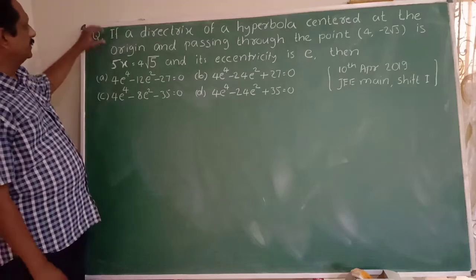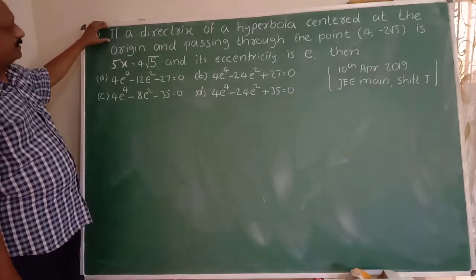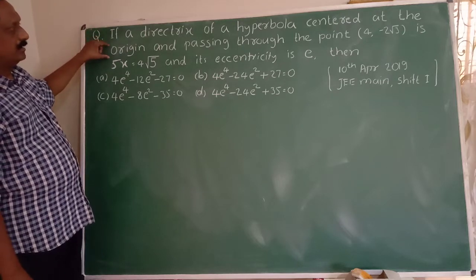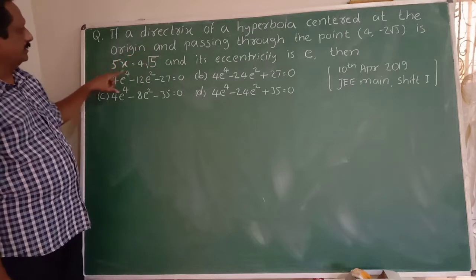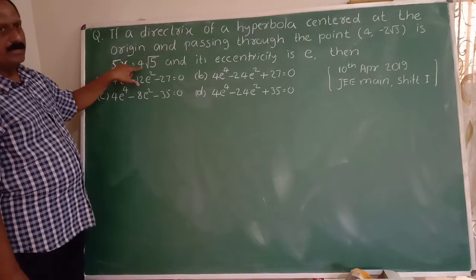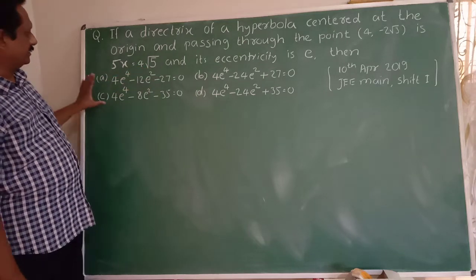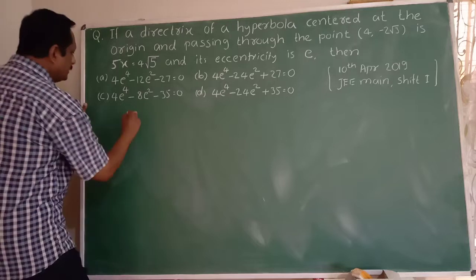Okay, the example here: if a directrix of a hyperbola centered at origin and passing through the point (4, -2√5) is 5x = 4√5 and its eccentricity is e, then which one is the correct option here? Okay, so here the equation of hyperbola,